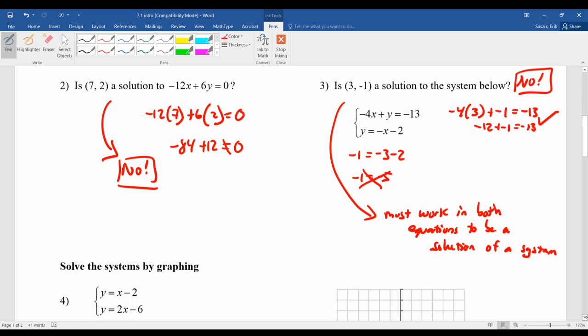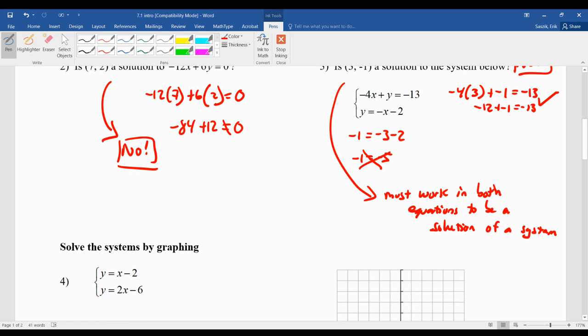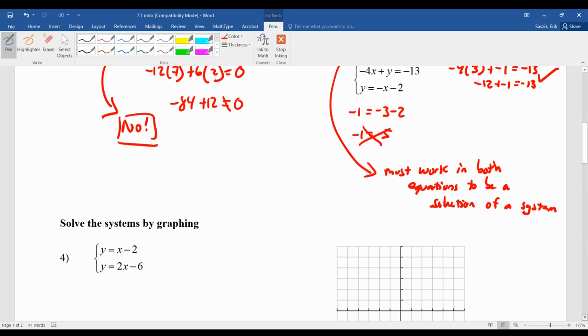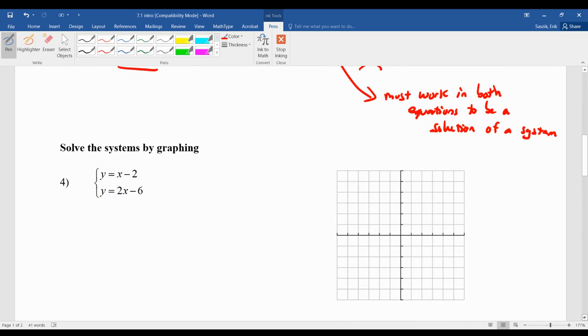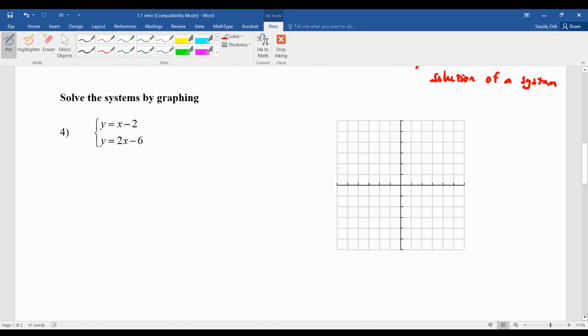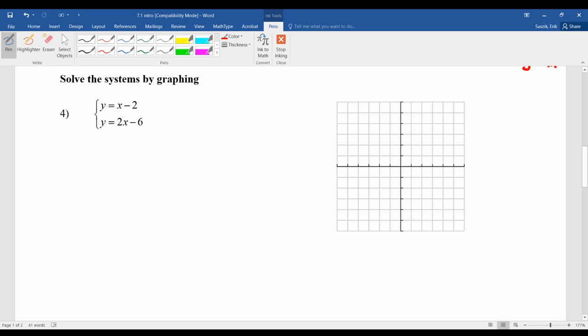Now, I'm hoping that you're thinking, again, for a point to be a solution to a system of equations, it has to lie on both lines at the same time. So the point that lies on both lines at the same time is, of course, the point where the lines are going to cross, where they intersect. So all we're doing is finding the point of intersection. So now we're going to draw on our vast graphing skills. So look, this first line here,